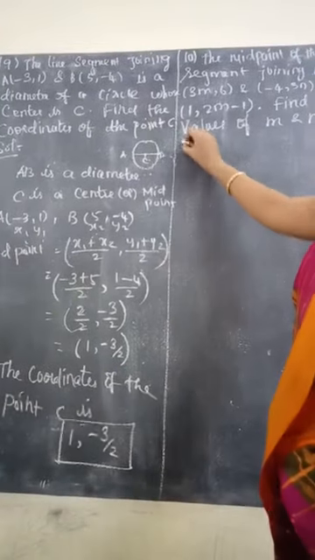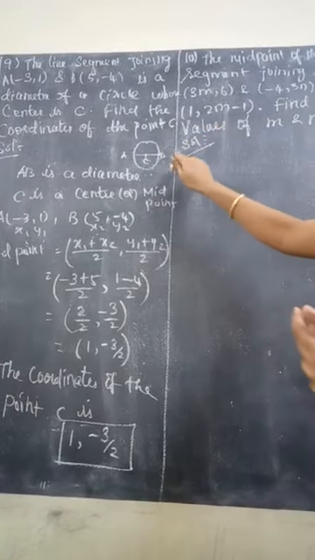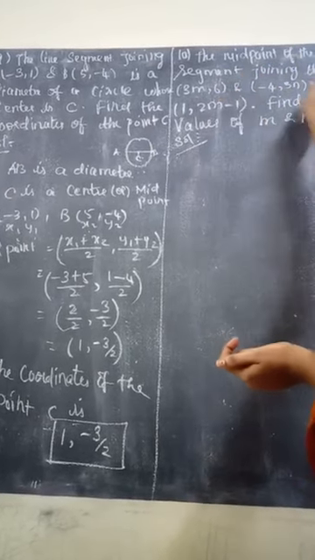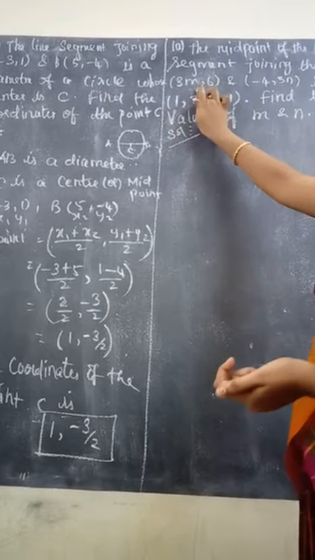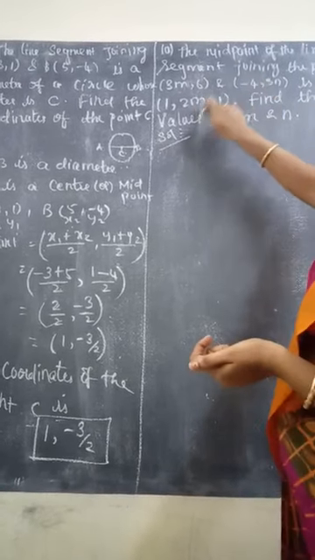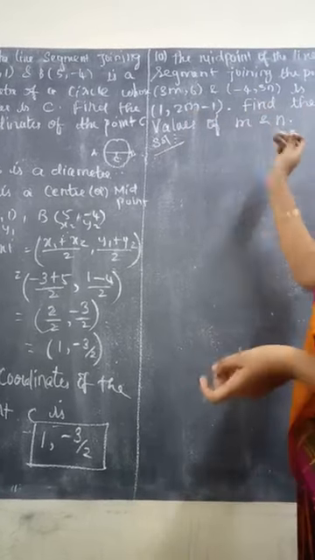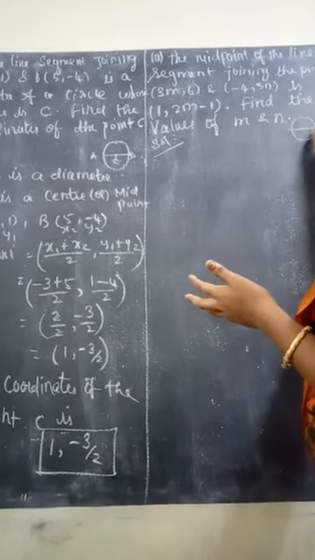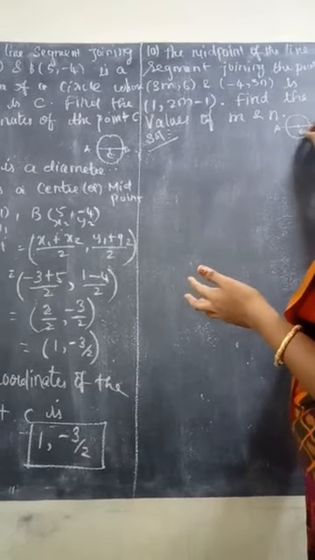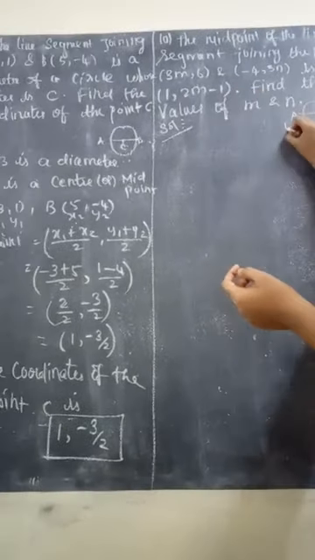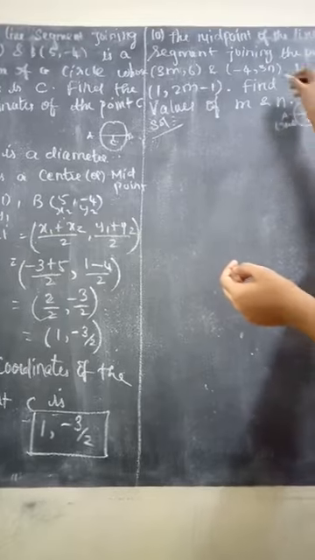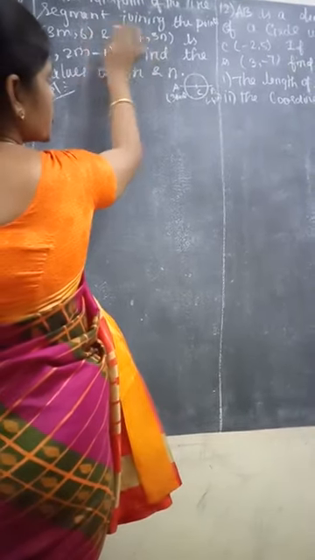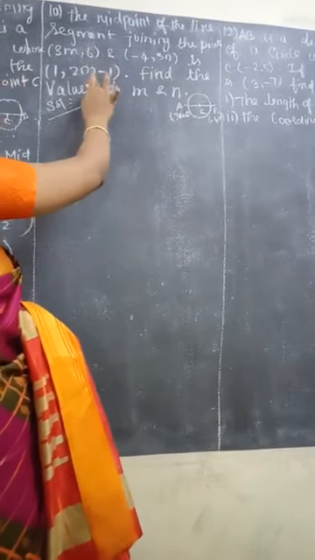Okay, listen. Here, in the same model as the previous sum, the midpoint of the line segment joining the points is this. That means this is A point, this is B point, this is C point. So using this, we need to find M and N. Same as the previous. This is A, this is B, this is C. Listen, A point is 3m, 6. These 2 points and that is the C point.